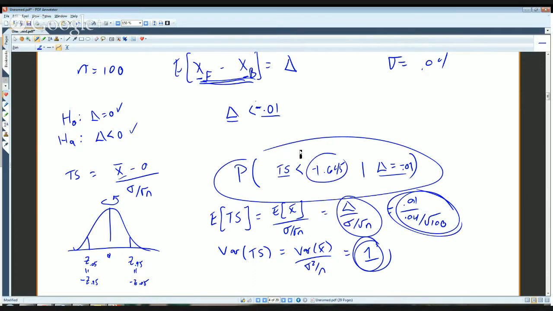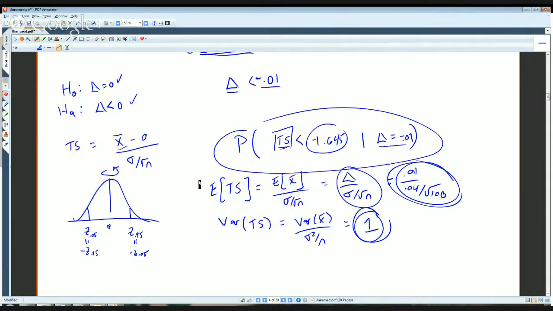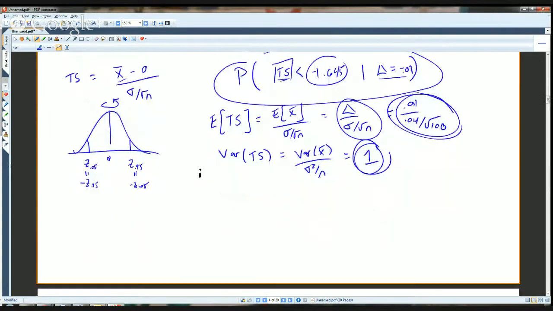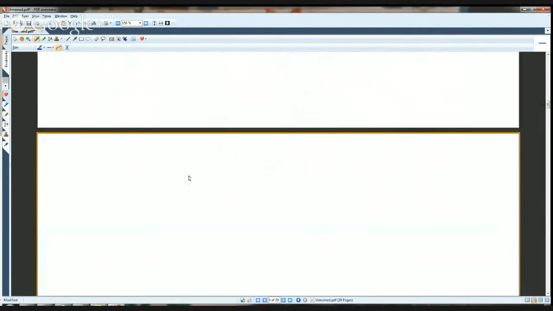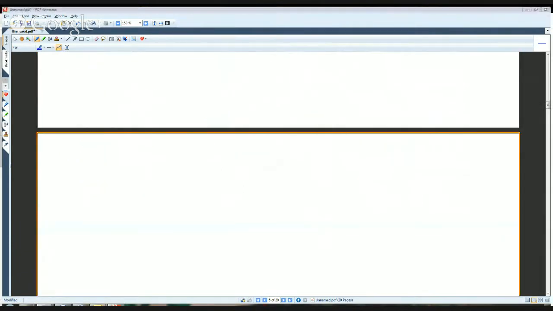In the lectures I show how you can normalize your test statistic so it's back to being a standard normal. You just need to add and subtract the delta in the right way, but you don't have to do that. If you want, you can just calculate the mean and the variance of that normal distribution and calculate it directly using the pnorm function. So try that,